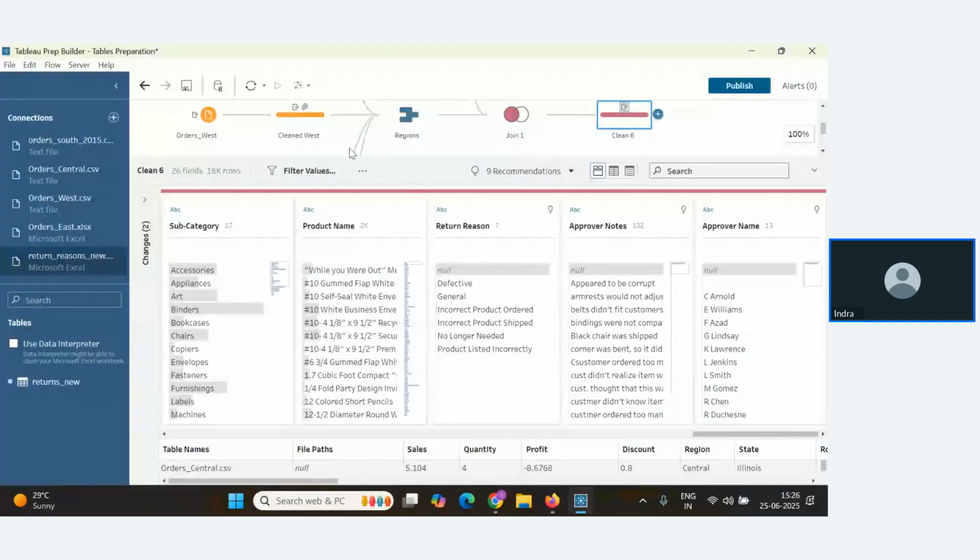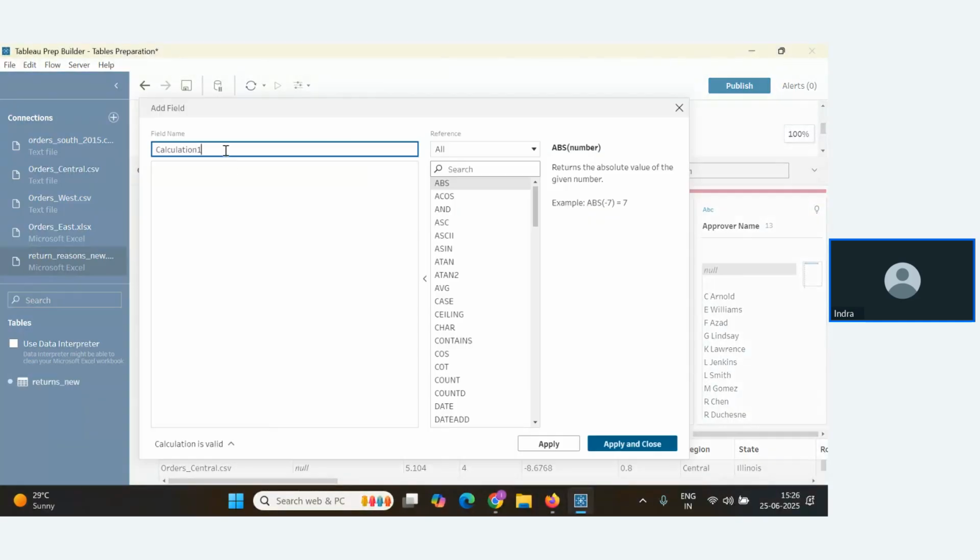Now, how to do it? I'll go to this calculation field, create calculation field. Let me give the column name here as returned. And I'll use the if condition, with the IS NULL function.